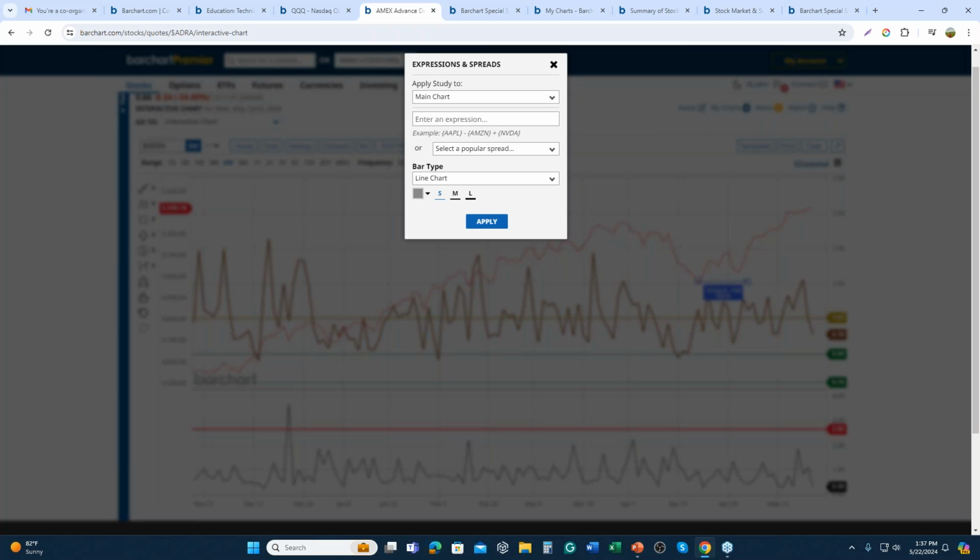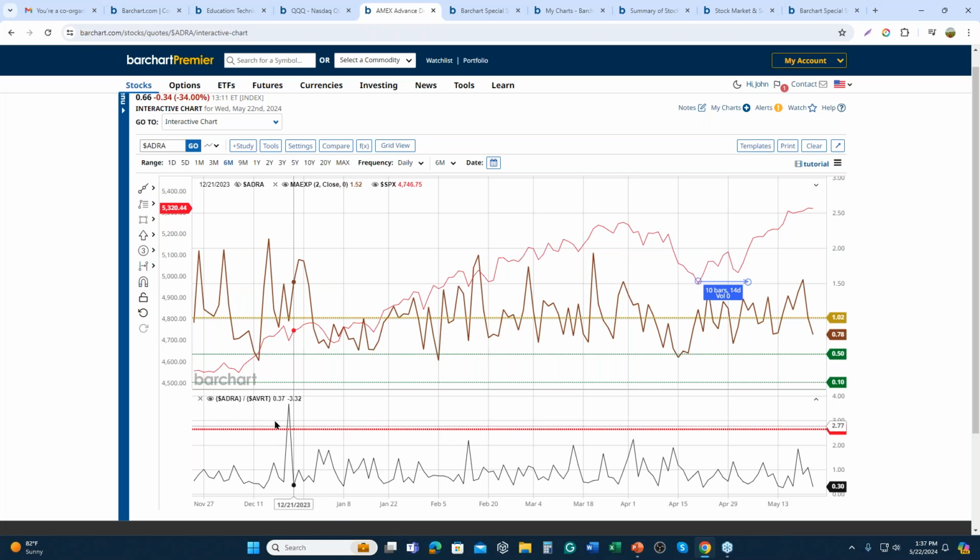And you can just do symbols of stocks. You can do symbols of futures markets. And we do have a lot of very popular expressions or spread symbology. So what I'm looking at here is the ARMS index. And so this was a